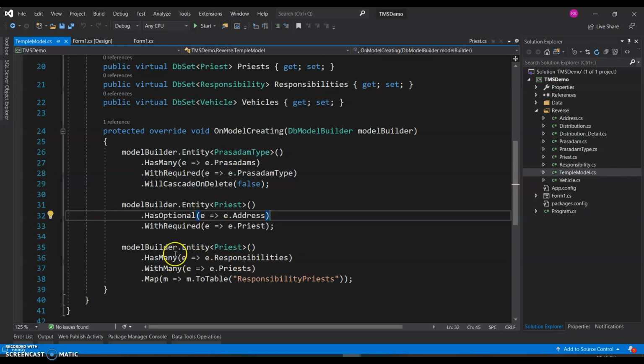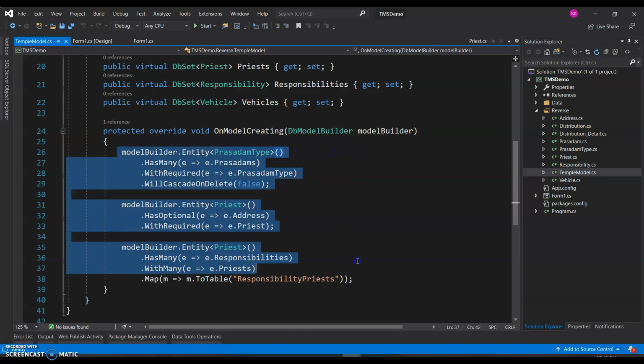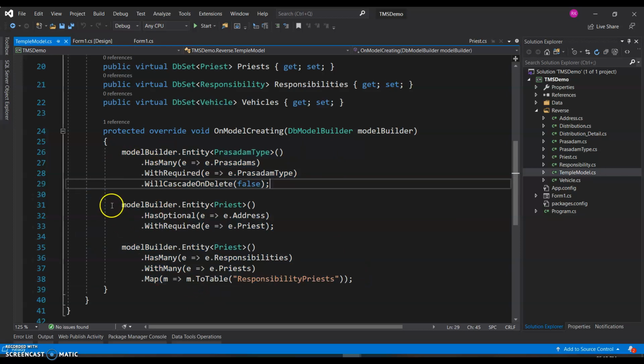That is why I just went ahead and separated my configuration and put them in the same class as that of my entity. Now this is also yet another option. Whatever you did there in the configurations, you can also do it here, but you will just have this one line extra.